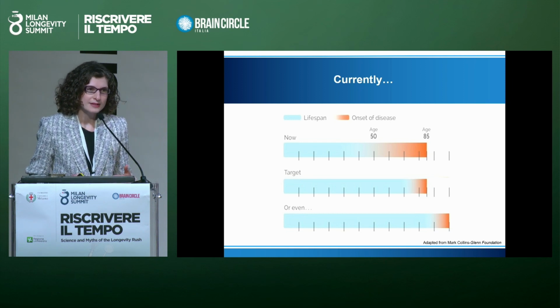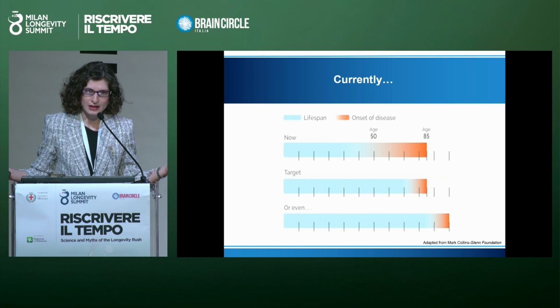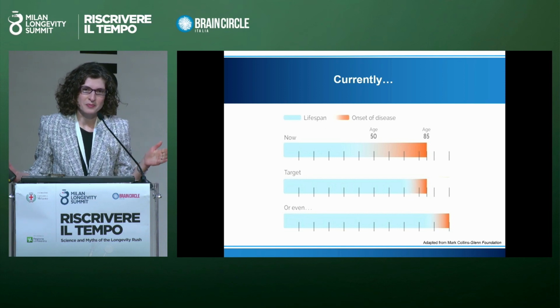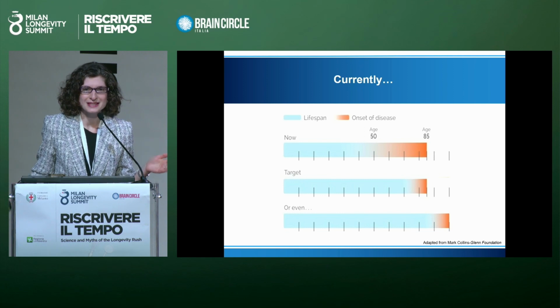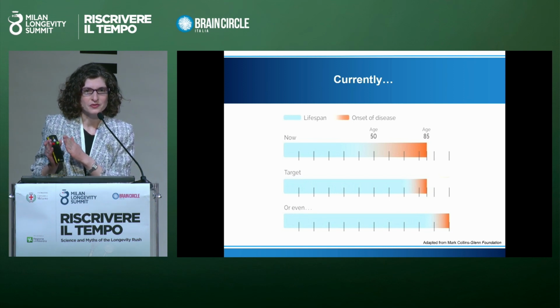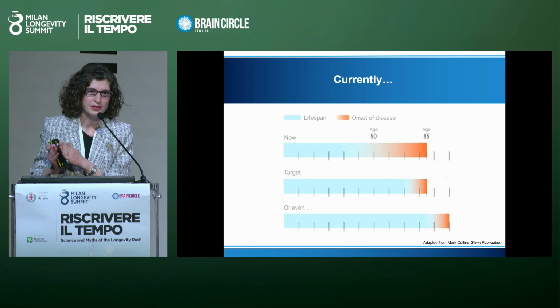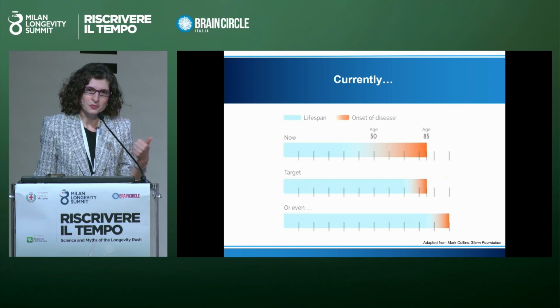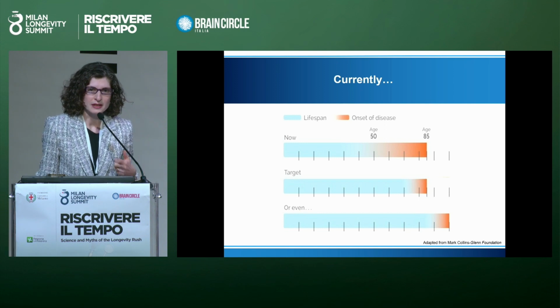Now, if in the process we do extend our lifespan, and if we're able to make everyone live to 120, I think most of us will take it if we don't extend the period of disease. We don't want to live for 60 years with disease. But if we extend our lifespan, but are still able to keep the period of disease compressed, very short, only at the very end of life, or maybe not at all, then that's what I think most of us would want, so we can continue to have a good quality of life as we age.